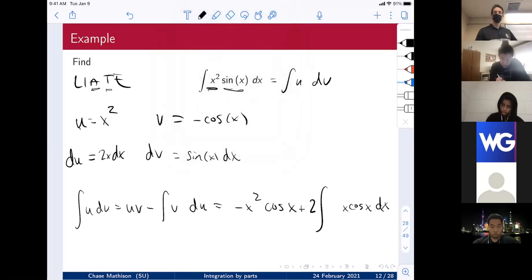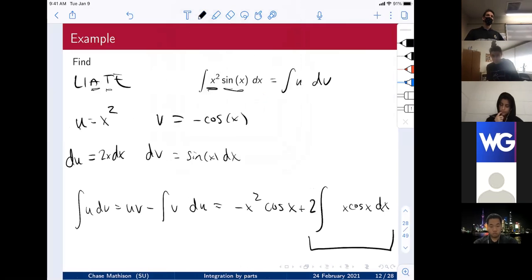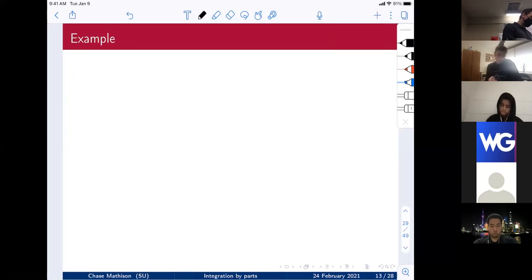Questions on what we've done so far? Now, these types of problems, every Calc 2 student hates them. How do I do this integral? Yeah, this is actually another integration by parts problem. So now I'm looking at the integral of x cosine of x dx